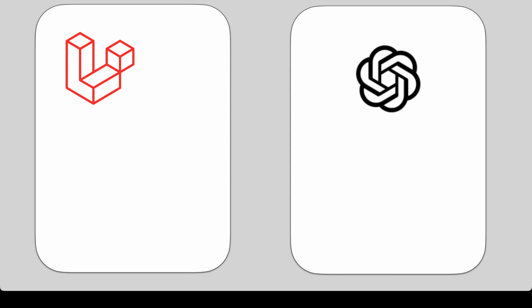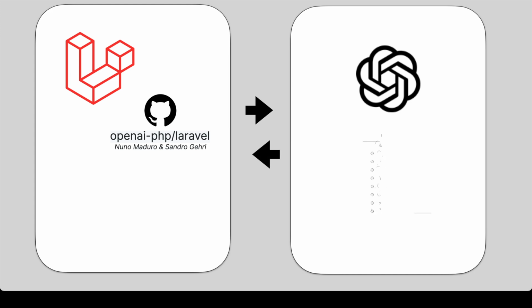So first of all, I'd like to show you what you should do eventually, which is you have a Laravel application and you're going to want to connect to something like OpenAI. We're going to look at this first, and then we're going to show you how to set up the local environment. So first of all, you need connectivity. So let's go to GitHub. Luckily, there's a package called openai-php/laravel. It's written and managed by Nuno Maduro and Sandro Gauci. And what that does is it allows you to communicate with OpenAI through their API.